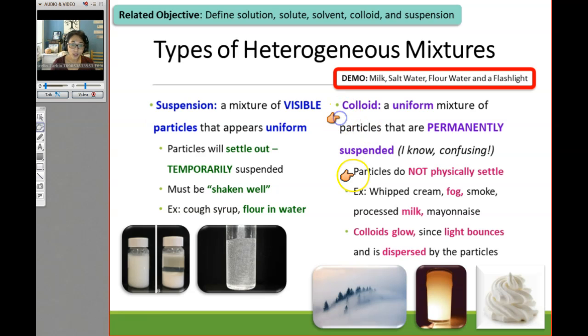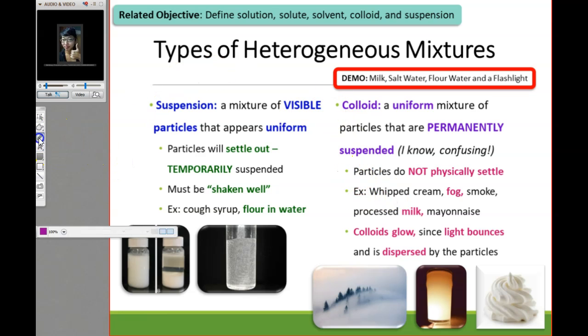Okay? A colloid, on the other hand, is a uniform mixture of particles that are permanently suspended, which I know is a little bit confusing because it would make more sense to call this one a suspension. But just think about a colloid, they are not going to settle. Okay, so suspensions settle. Right, so that's how I remember it. Instead of thinking about the word suspension, I just think of settling. So suspensions settle,